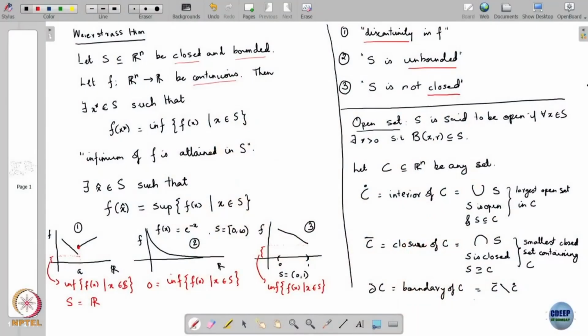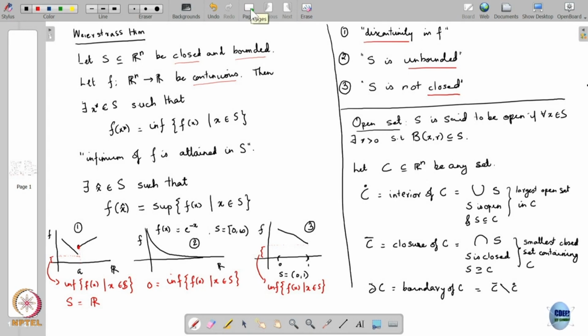Now, if C is itself closed, then C closure is equal to C. If C is itself open, then C interior is equal to C. Is this clear? But if C is neither closed nor open, then these may in general be different. Now, the reason I bring this up is because as we start talking about optimization problems,